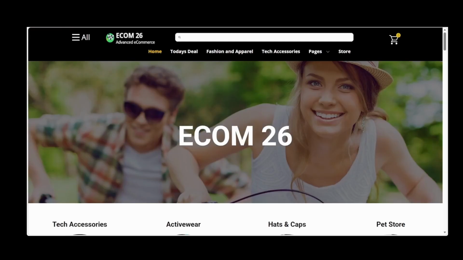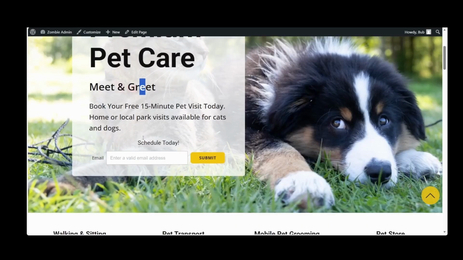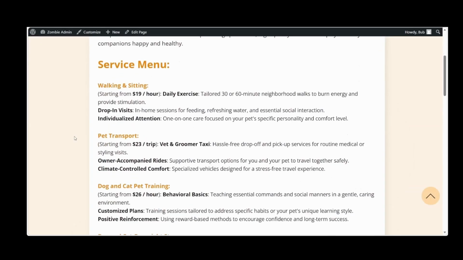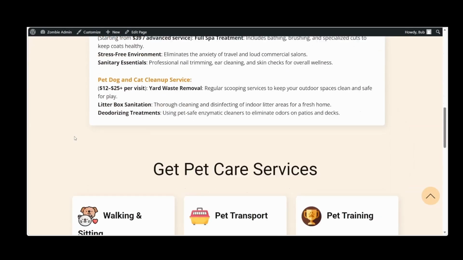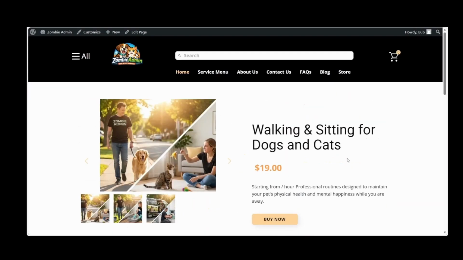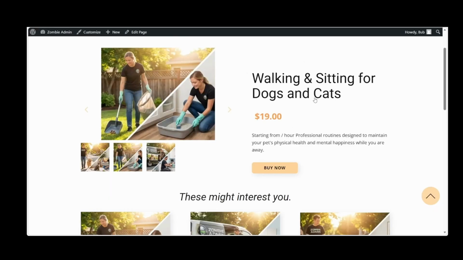Considering we went from template to template, let's go check out the new service menu page. And I created a service menu page and styled it with the color palette that we chose. It's a basic one, but it works. Links out to the products. And there you go. You can purchase right there. Remember to set up your PayPal.